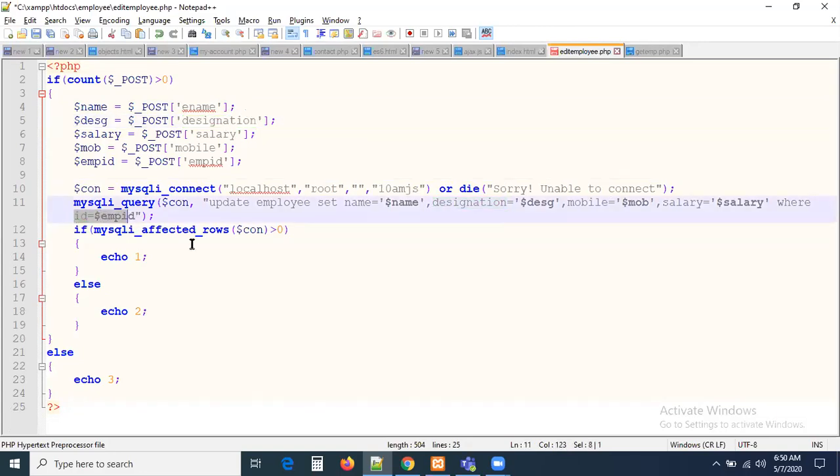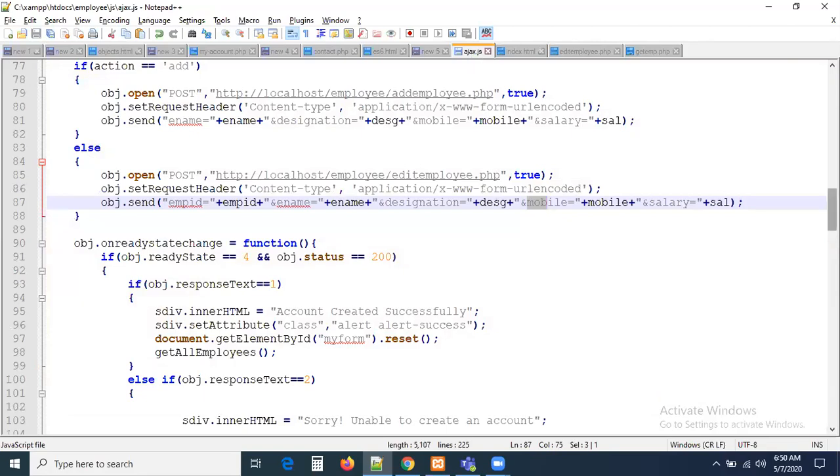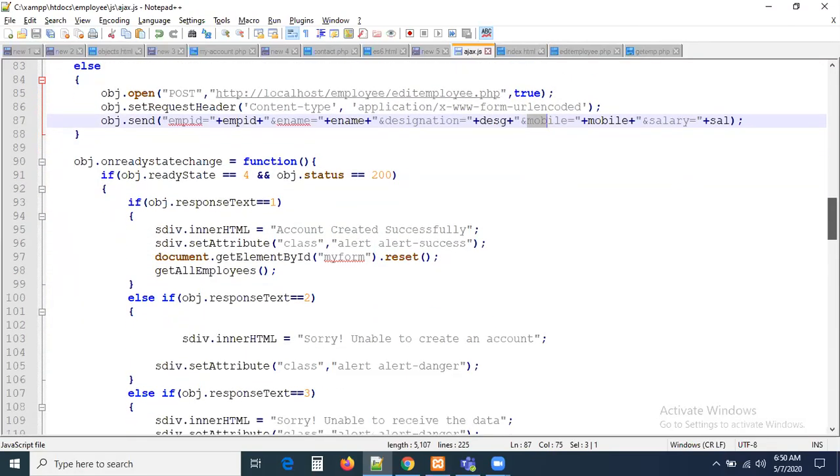We are passing those keys to the same, and we are updating the data based on the employee ID. If the record is updated successfully, it will respond. This response is 1. Not updated, response is 2. First of all, if you are not sending any data to this form, it will be else, it is going to be 3. 3 means invalid request, you sent it to the server. This is how I want to handle it in the front end. So now let us come here, and once the record is updated, we have to display a message: record updated successfully. Earlier we displayed the message account created successfully. Now I have to display record updated successfully.